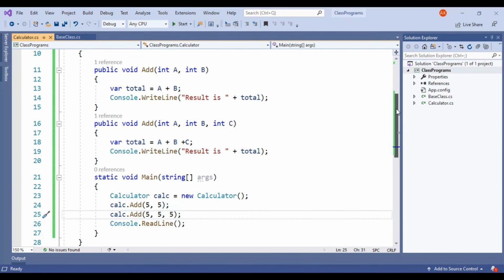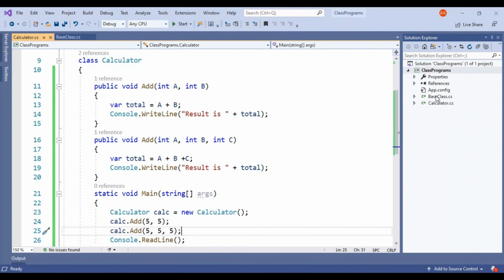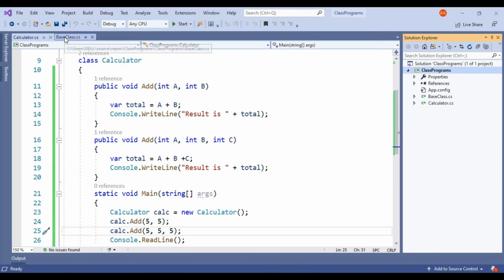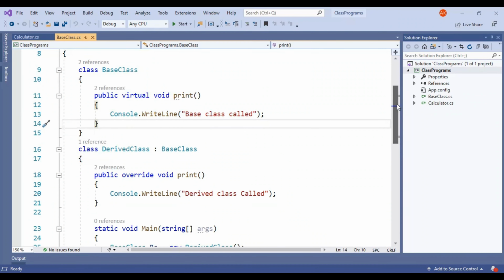We will see runtime polymorphism also. As you can see here, we have the base class. I already created this; you can see this code in my earlier video on method overriding. As you can see, I have a virtual method in the base class.